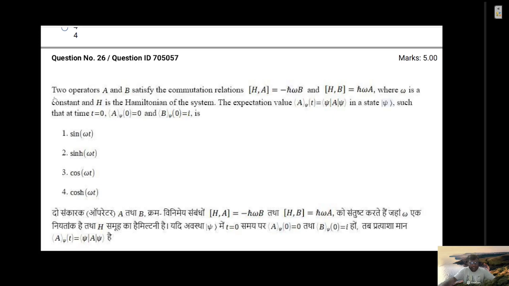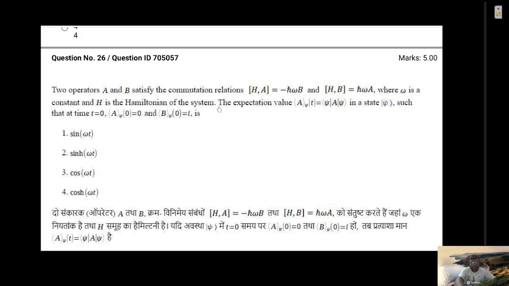Hi friends, today I will solve another CSIR NET 2023 problem. The problem is like this. You have been given two operators A and B which satisfy the commutation relations HA is equal to minus iħω B and HB is equal to iħω A, where ω is a constant and